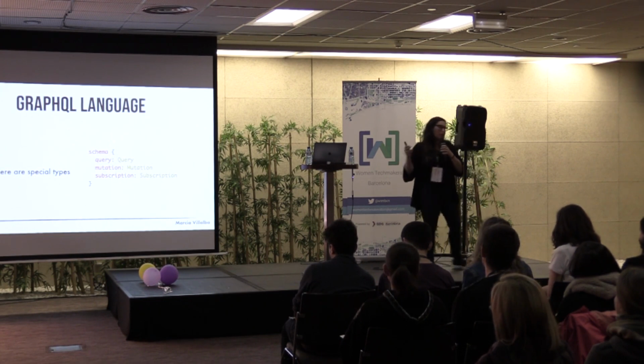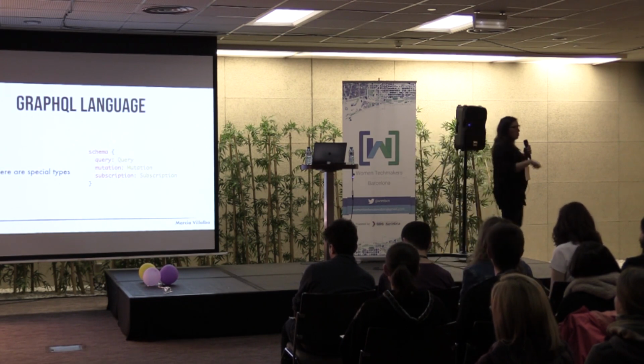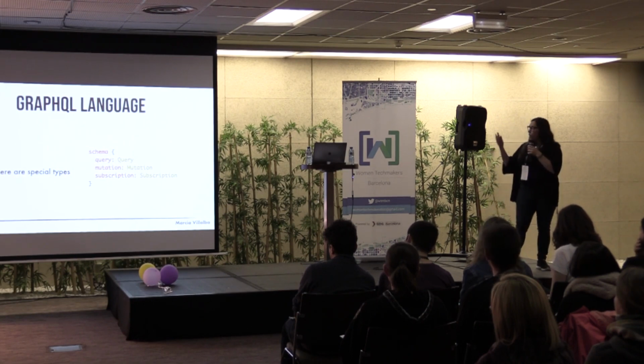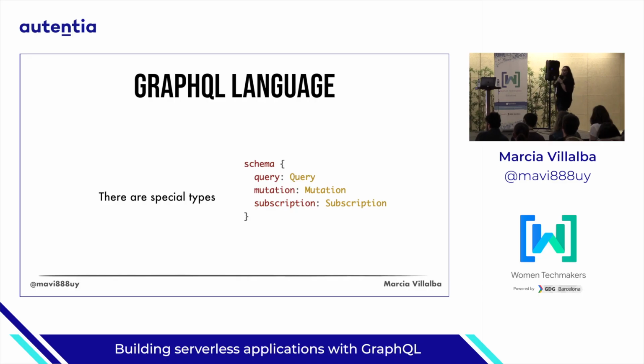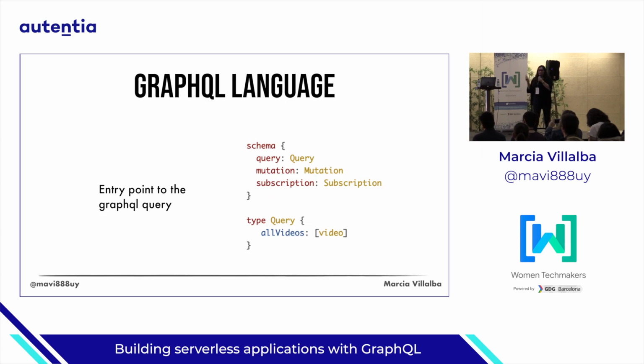But in this case, it's not. It's the other way around. The server will just talk to the client whenever there is something new. And for that, the client needs to subscribe to this special operation. So there will be a special operation there that says, let me know when there is a new hero. The client will subscribe to it, and then the server will let you know. And these are really, really interesting.